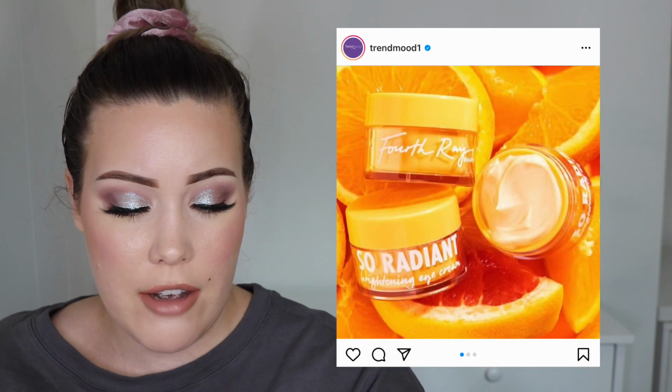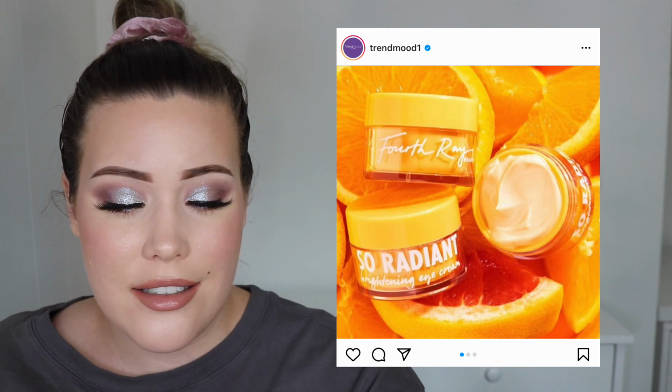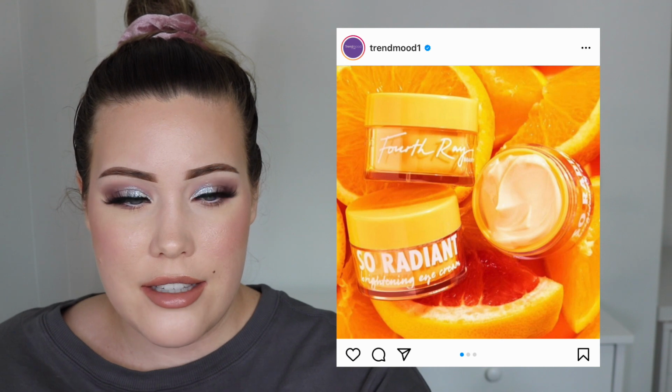This is the So Radiant Brightening Eye Cream from Fourth Ray Beauty. Fourth Ray, that's Colourpop's sister brand. The price is always right, you know? I can't see this doing anything amazing, but as long as it hydrates, that's all I need for my